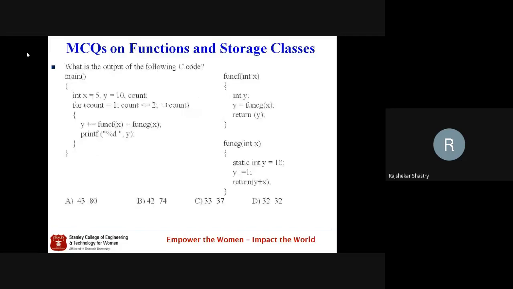Now, take this as homework. Last question, of course. Don't worry. F and G, I have written here. From function F, I'm calling function G. And the resultant return value that I'm storing, we are adding it to Y. I'm continuing this process twice, with two printouts. Both times I'm printing the value of Y after calling.